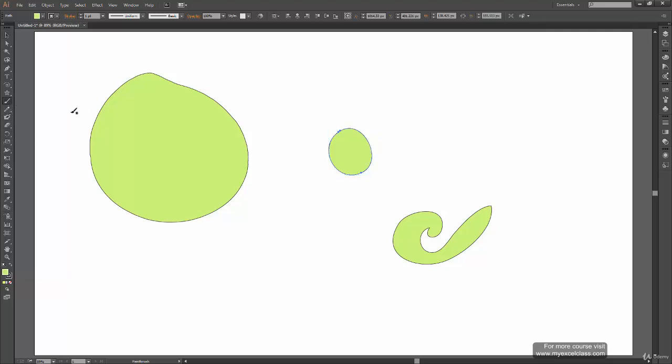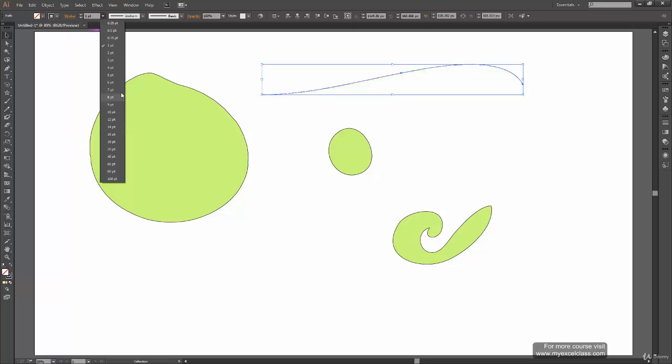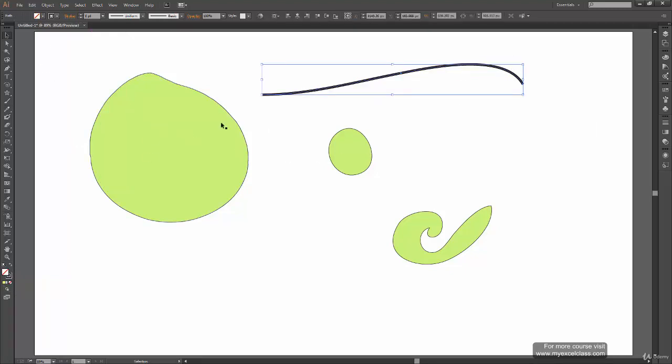So let's say I'm drawing a line over here, or a path, and let's say the fill is none, and make it 8 pixels thick. Okay. And this time the stroke type or the width profile I'm going to select is this one. So you can see the outer sides of the stroke are thin and the inner side is really thick. So that's how it changes your stroke. I can experiment with any of the shapes and you can see the changes over here.